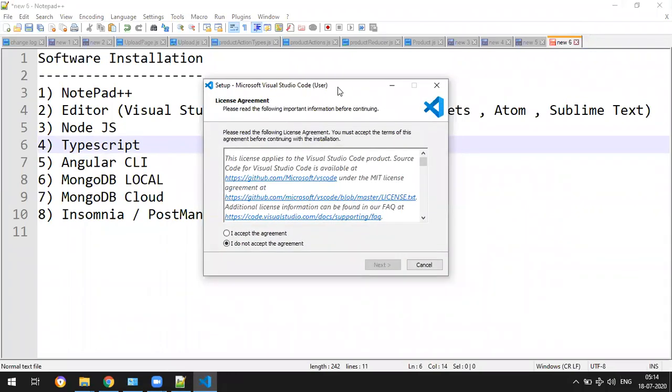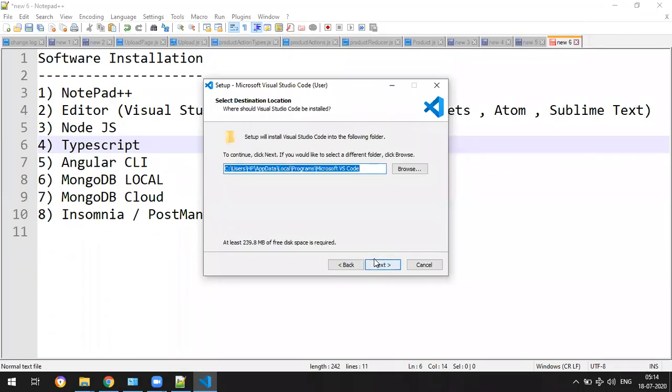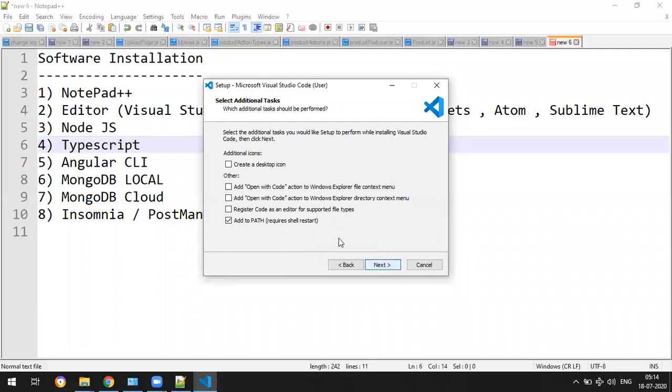Here you can just accept the license and click on next, and it's going to install in the C drive users. Never change the path, okay? Just keep it in the same location and click on next, and it will create a desktop shortcut menu. It's okay, click on next, and here create desktop icon.